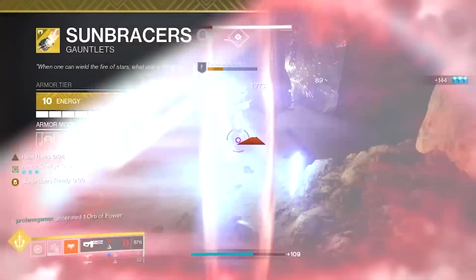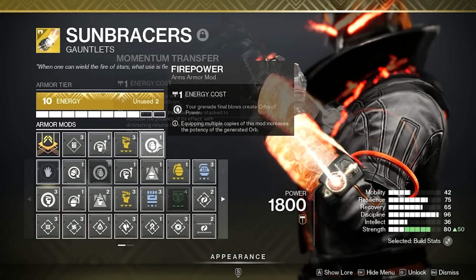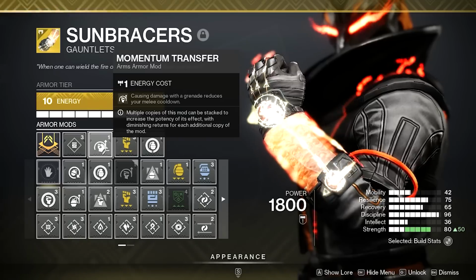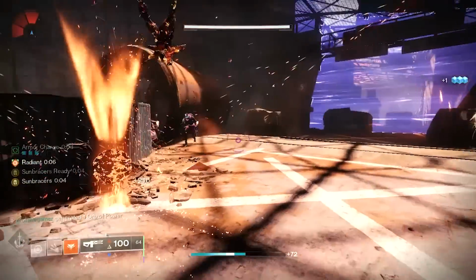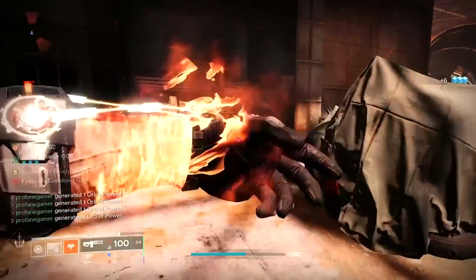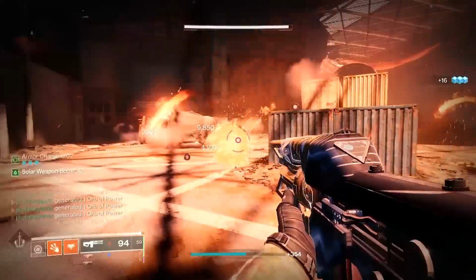For gloves, we're going with Firepower, which will create orbs when defeating enemies with our grenades. We're also using Momentum Transfer. This is going to provide us with 20% melee energy whenever we hit an enemy with a grenade. It does have a 7-second cooldown, but will be vital towards getting melee energy back very quickly, as will the